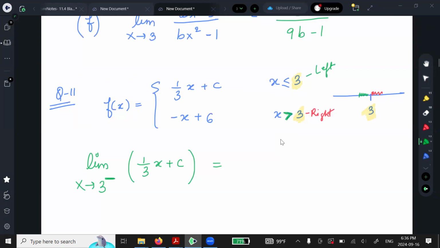But how do you check? You have to check both left and right, right? We don't know the function is continuous. The function is breaking at 3. So in this case, we have to check both. And the limit will exist only if,